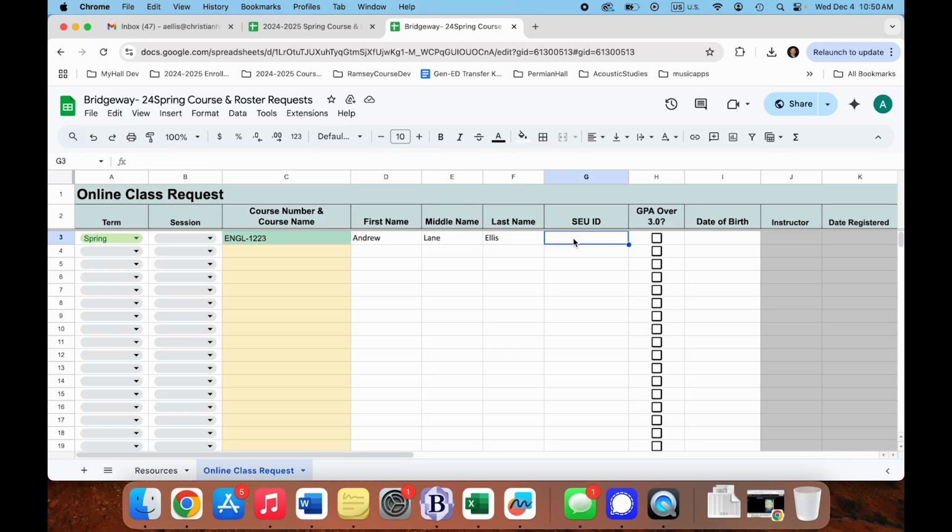And then we have the SEU ID. You do not need to fill in the SEU ID. SEU's team has access to this sheet, and they will be monitoring it and updating it. So they will fill in this column. As this process goes on, they will update the students that have applied and successfully been accepted as students. If you see a student that does not have an SEU ID, you'll want to follow up with them and